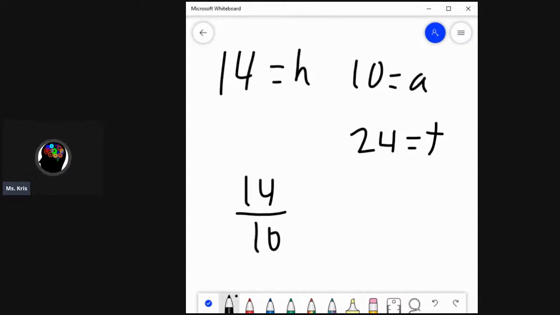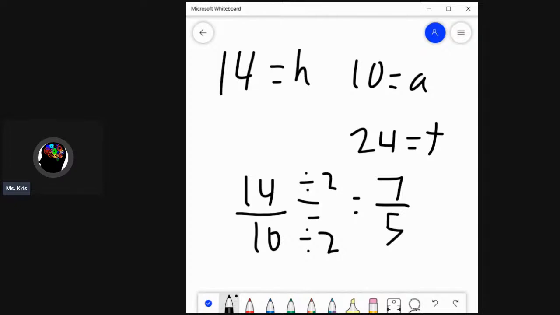So home games was first, you will put 14 on top. Away games was 10, so you put that on the bottom. And of course, you can simplify these by dividing by the greatest common factor between 14 and 10, which is 2. And that leaves me with 7 over 5,